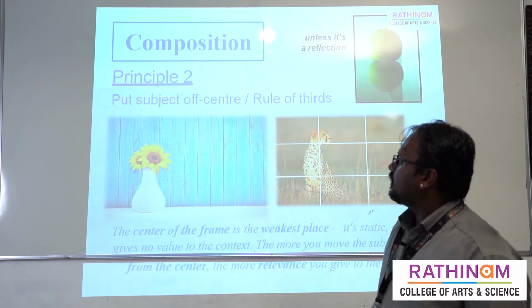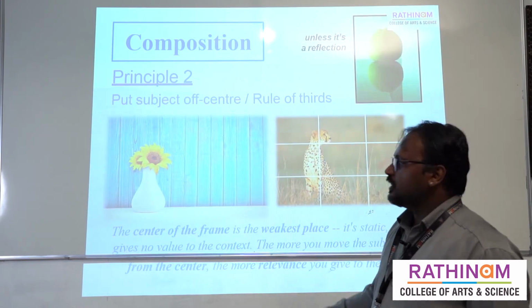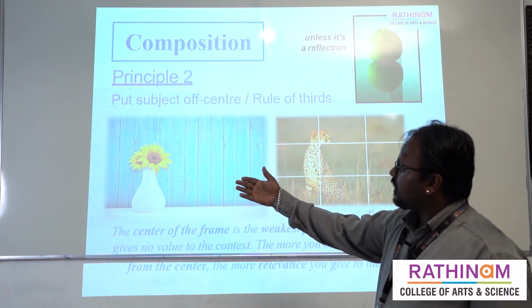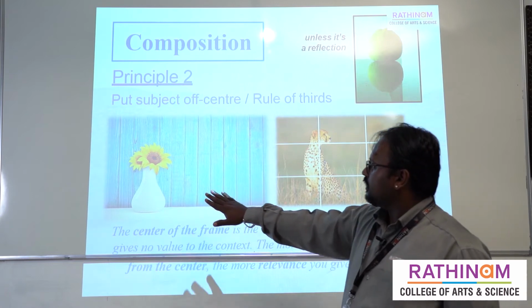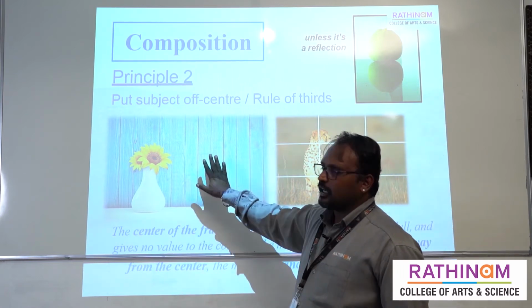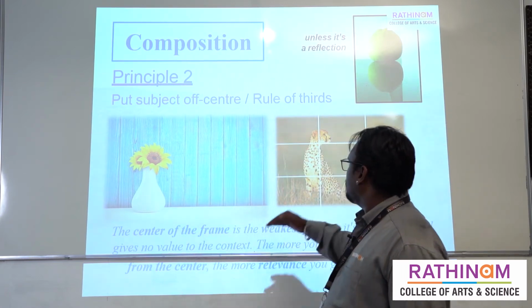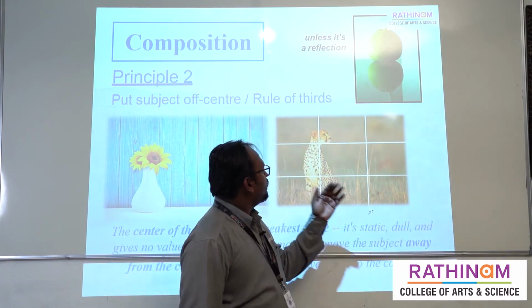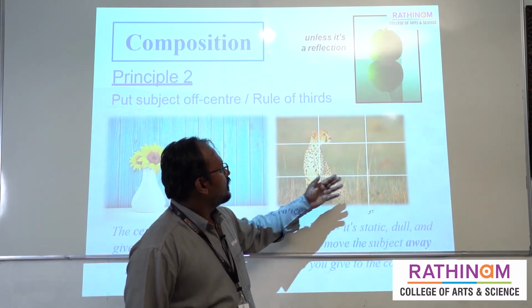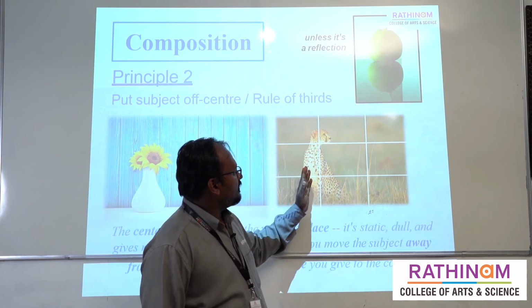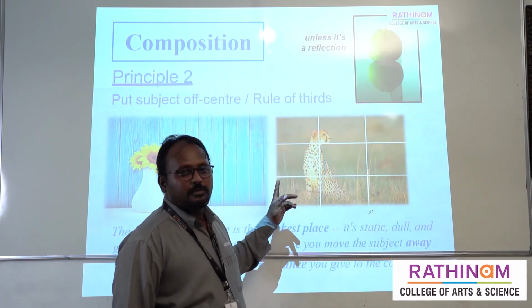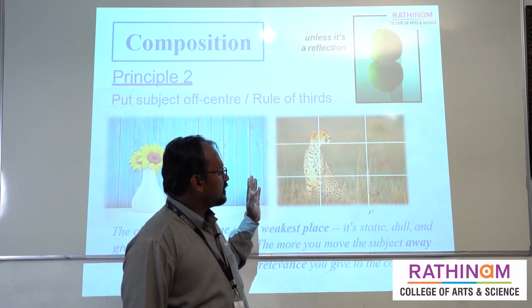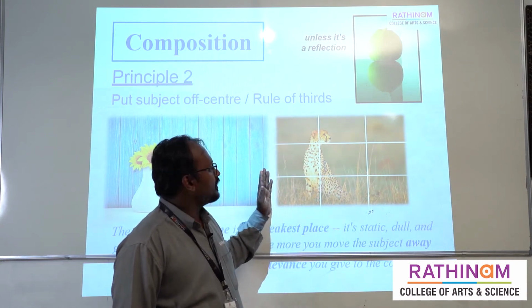So this is the second, the rule of thirds method. See where the flower is facing, the facing side we want to keep the space. So that makes sense of this photograph. See this cheetah, where it is looking. The place where the cheetah is looking, there we want to give the space. So the opposite side of the cheetah we don't want to give the space.